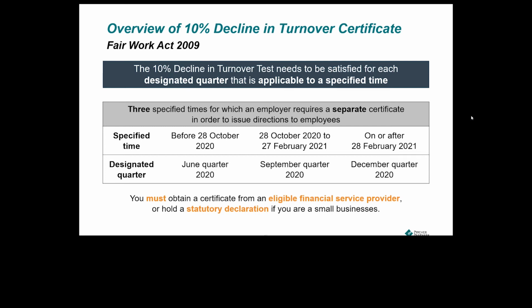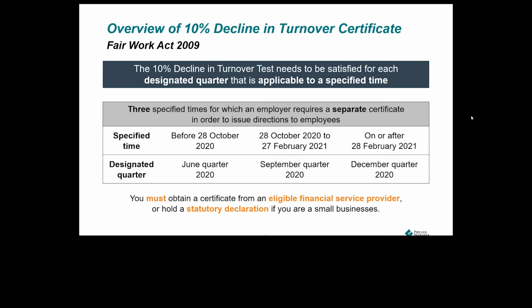And then finally, from 28th of February next year through to the end of the extended JobKeeper period being 28 March next year, the relevant quarter that will need to be tested is the quarter ended 31 December 2020. So 3 separate specified time periods that apply in 3 separate designated quarters that must be tested